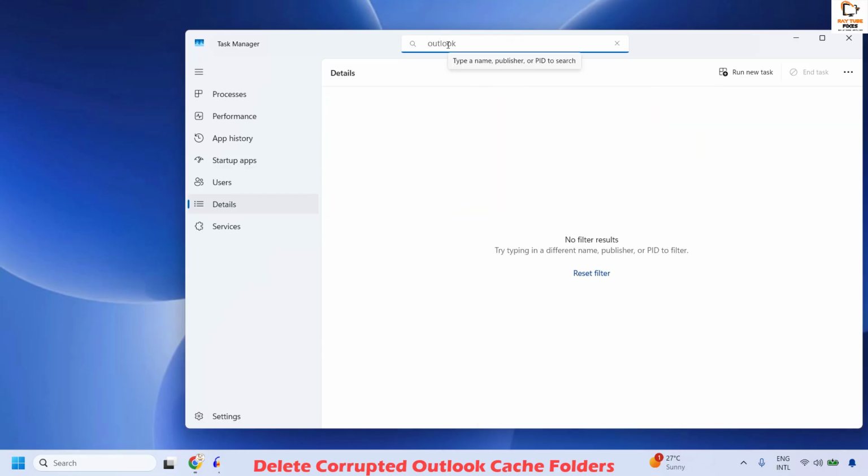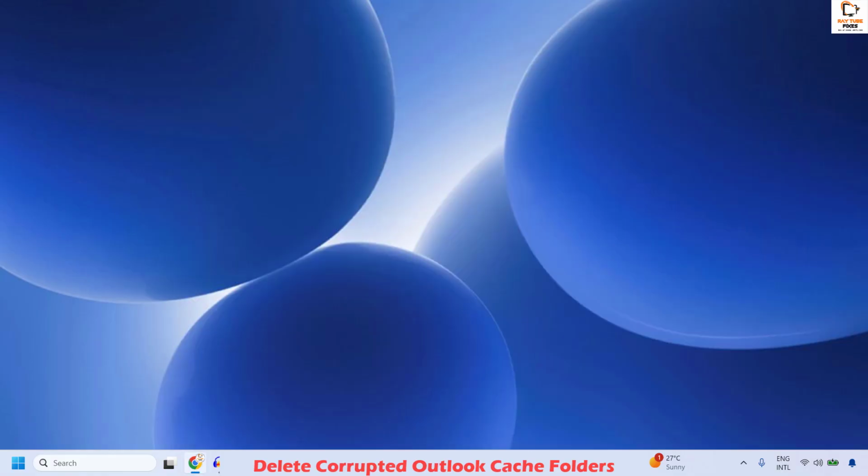In case there are any services running for your Outlook, you may go ahead and do a right click and then click on end task. And with that, you're making sure your Outlook is closed. Once this is done, you will have to navigate to your local app data folder to delete the OLK and